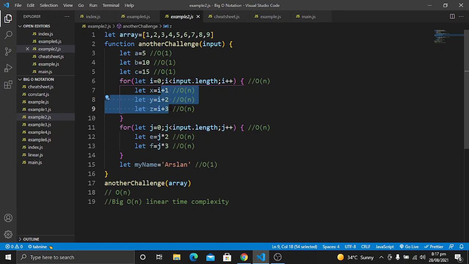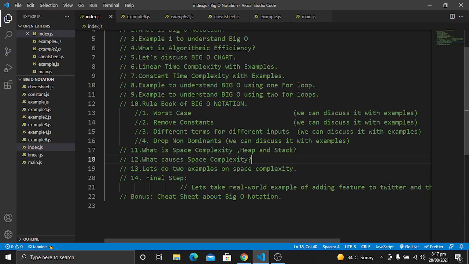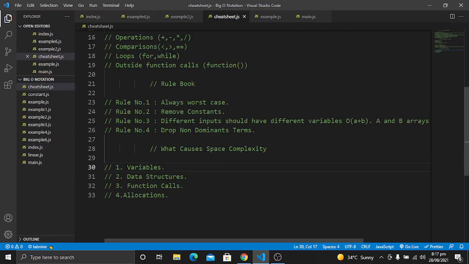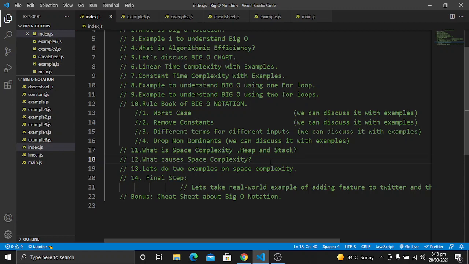In order to focus on the memory we use the term space complexity, as we use the term time complexity for the speed of the code. So these are the four terms that cause the space complexity: variables, data structures, function calls, and allocations. Now I hope you have understood which things cause space complexity.